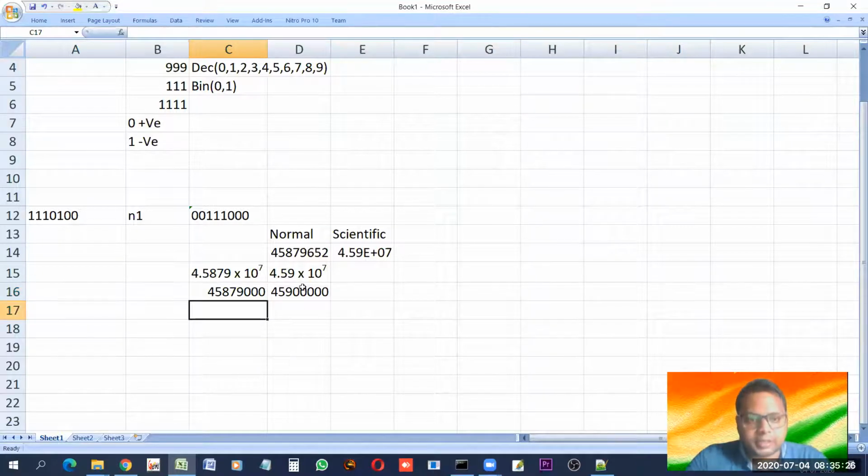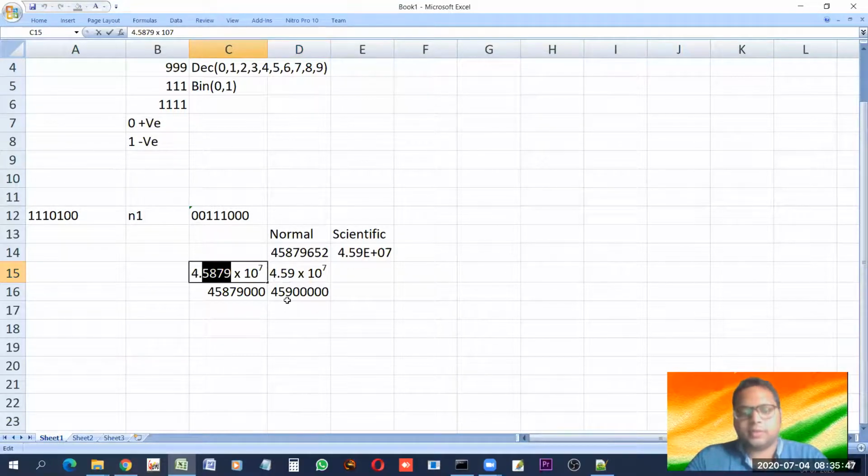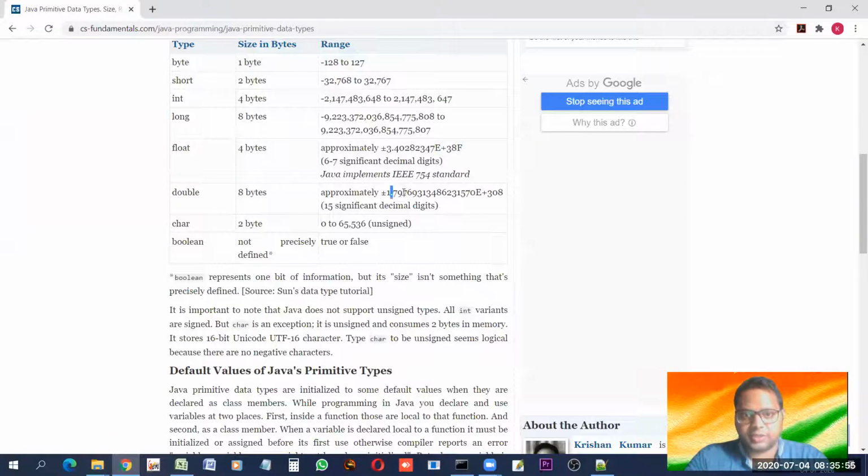So now compare this and this. This is the exact number, the actual number. But this is closer to this. Why? Because the precision is high. Higher than what? Higher than this. This has precision of 2 digits only. This has precision of 4 digits only. So precision does what? Precision makes the number more accurate. And that's what I was telling you about the precision. This is what precision is. This is precision of 15 digits, this is precision of 6, 7 or 8 digits.